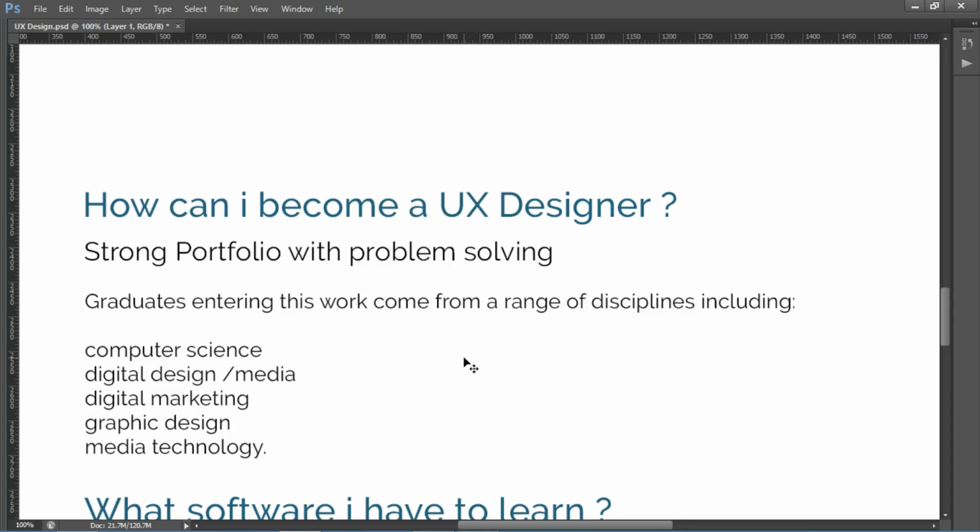We have to create a strong portfolio with problem solving. Take some examples from Google. Make some solutions for those designs. Make some improvements in the designs. Create some apps with a problem solving method, like the project we are taking now, the e-daily project. We will create some solutions for that. What problems do we have and what solutions can we provide? In this project we will consider both problem solving methods with UX designing techniques, and also the UX design process flow.